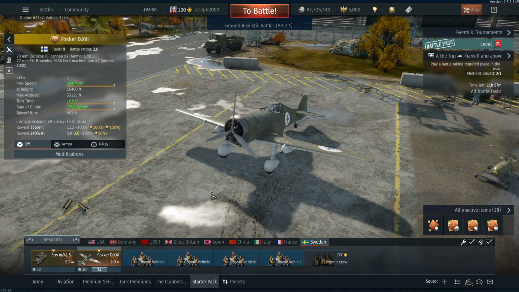Obviously, I got the Swedish starter pack, which you can see down there. I have the Stridsvagen and the Fokker. I also picked up the M5A1 Canadian Stuart and also the Avenger Mark II, which is upcoming in a review very soon. So let's start out with the Fokker, and well, unlike Meet the Fokkers, which is an old TV